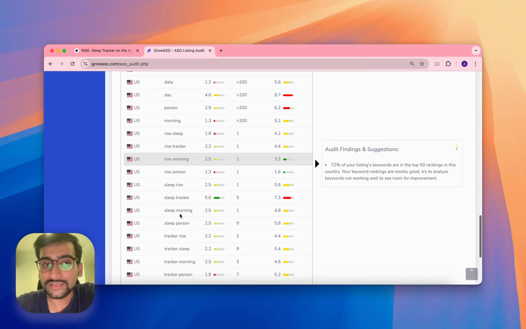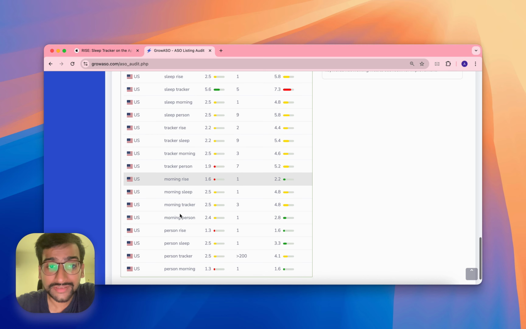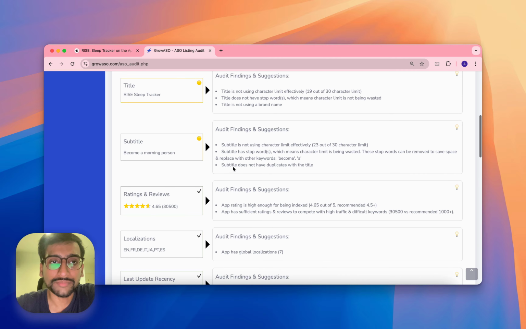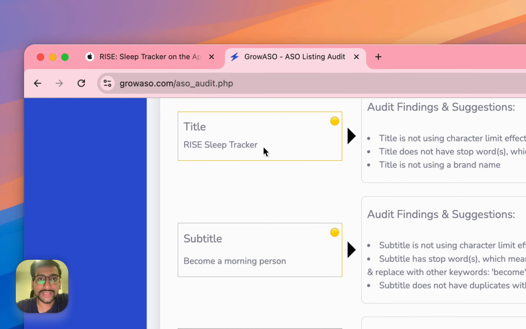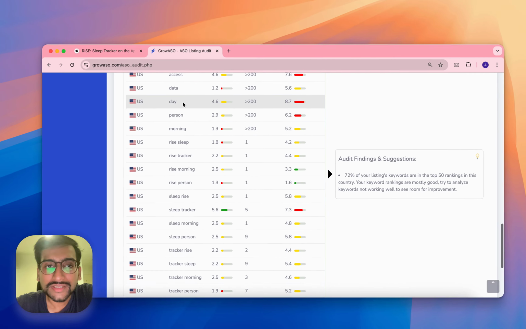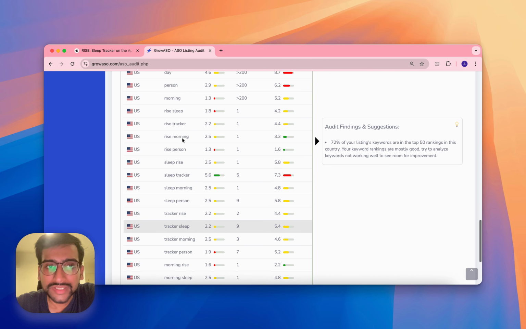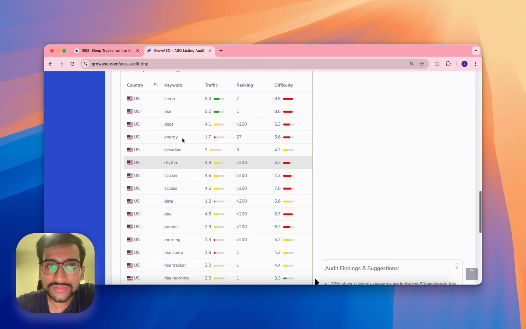I think their ranking for many of these keywords can be much higher. Tracker morning, morning rise, morning sleep, morning tracker can be higher if they placed it right up here. So that's a gap.